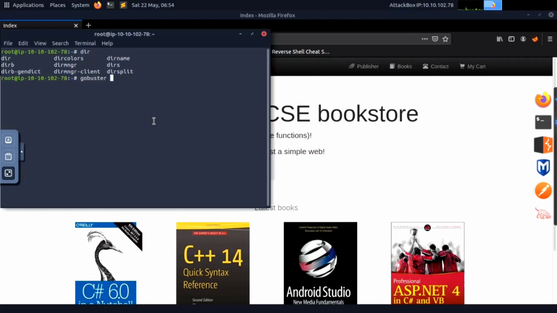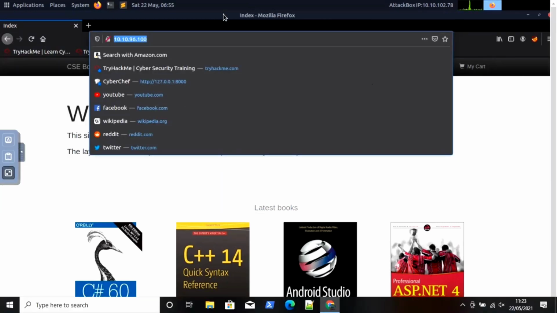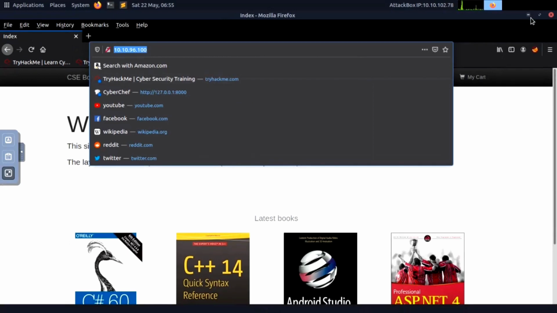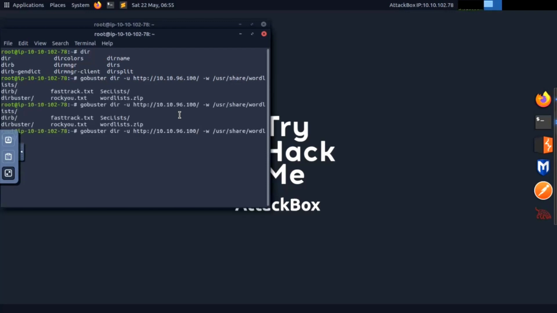So use GoBuster dir for directory scanning, then -u for URL. Copy our target URL, open the terminal and paste our target URL. Then we need to specify a wordlist. For that we use -w, and our wordlist is in /usr/share/wordlists/dirbuster.